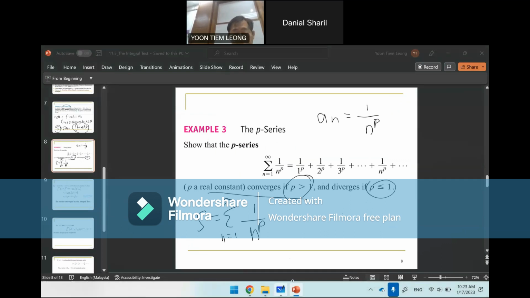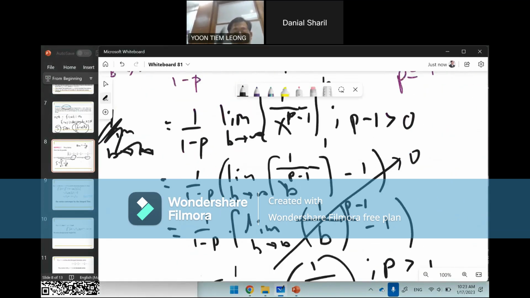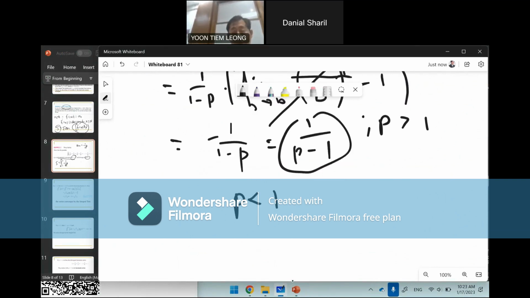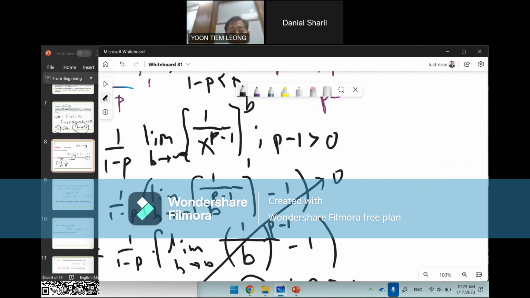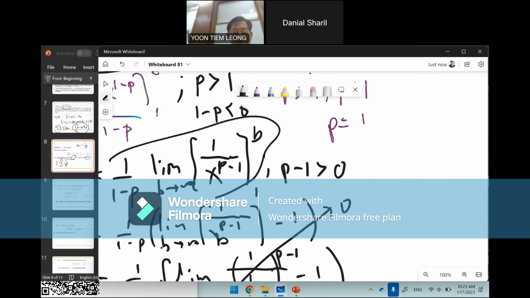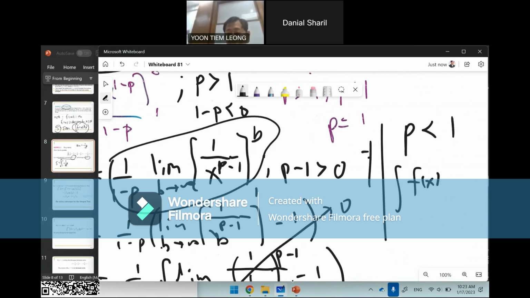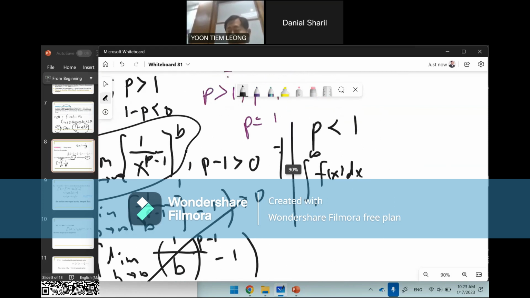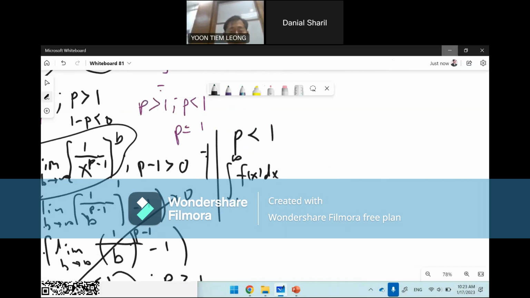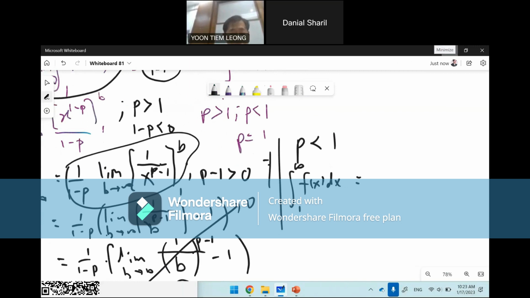So now you can continue to do the same argument, but you consider, for example, p less than 1. If p is less than 1, then what you get from this integration would be slightly different. For the case of p less than 1, the integral of the function f(x) from 1 to infinity could be carried out. I think it is similar to the calculation I just showed, but it will be equal to minus 1 over 1 minus p, and the limit would be